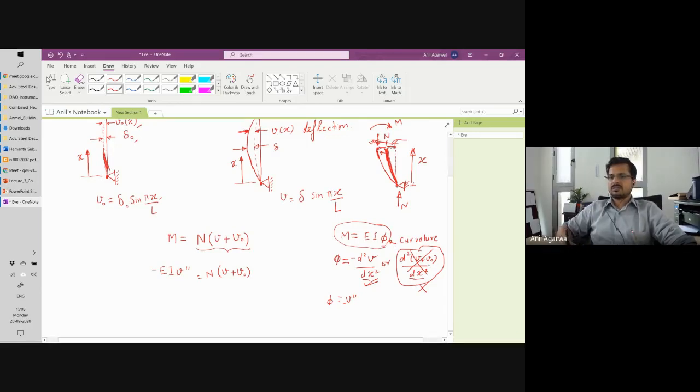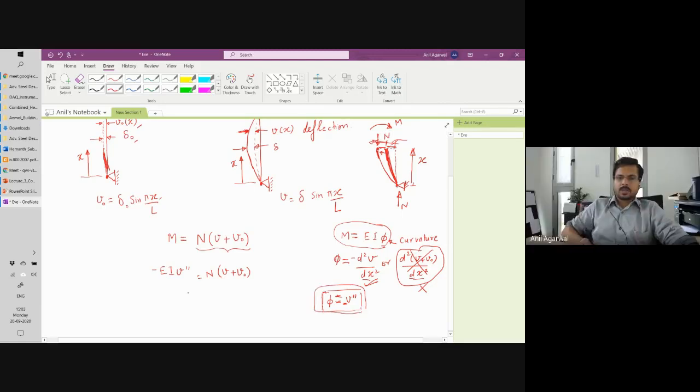So why are we not considering this v plus v naught? Likewise, why are we taking it minus? Do you follow why we are taking phi is equal to minus v double prime and not v double prime? Okay, I want to give it to you as an exercise. You try to figure it out in the next class. If you can't figure it out, I'll explain to you in the next class. Okay? Because you are taking that class in ASM, so you should be able to find it out. Why are you taking phi is equal to minus v double prime and not phi is equal to v double prime? Got it?